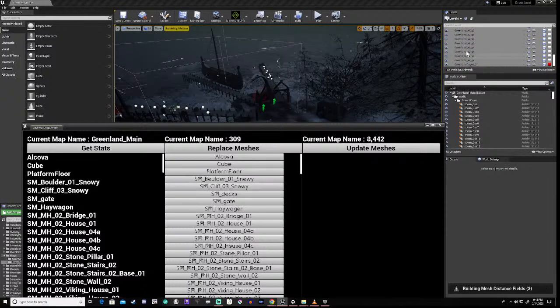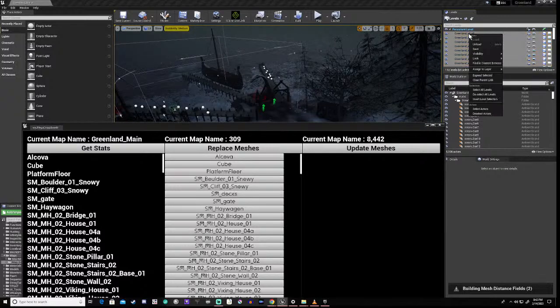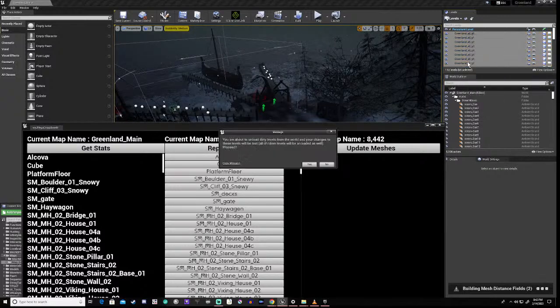Right, I'm not buying that because earlier on I had a number up here that was like 64,000. The size of the map. It's weird. Right, I'll tell you what I'm going to do. I'm going to unload everything.